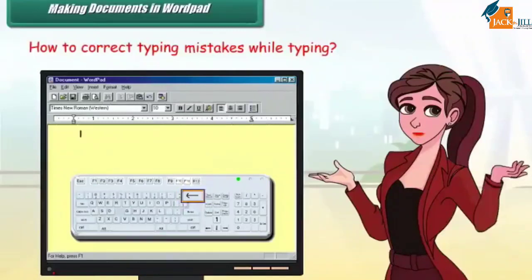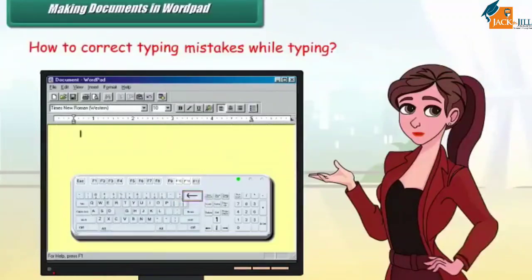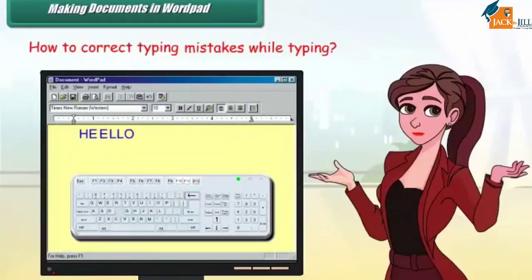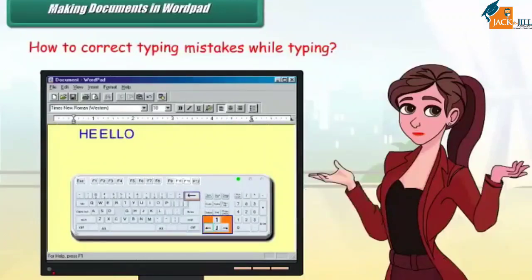For example, if by mistake you have typed HEELLO in place of HELLO, you can easily correct it.